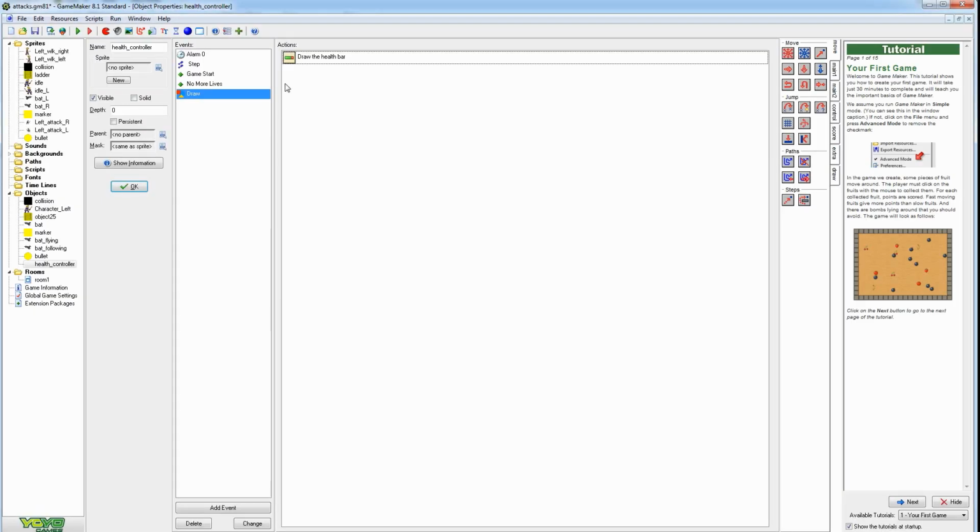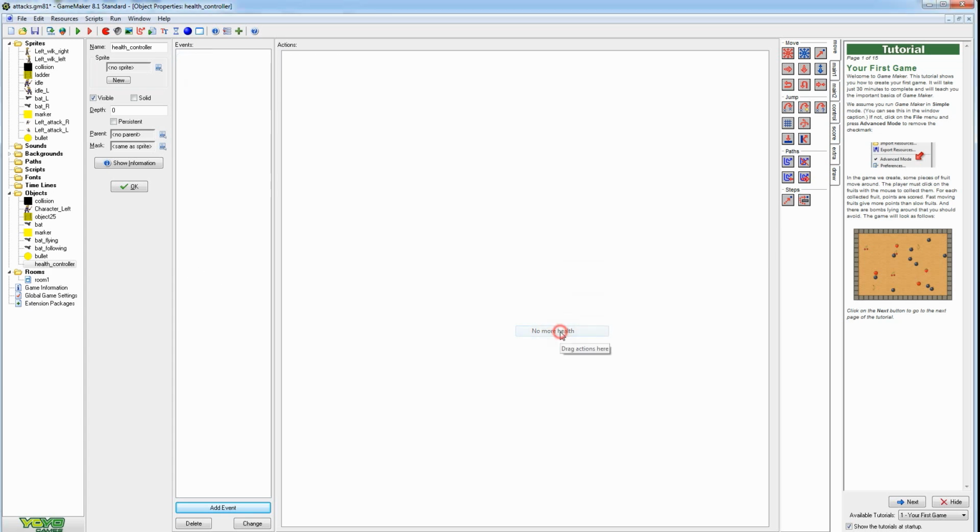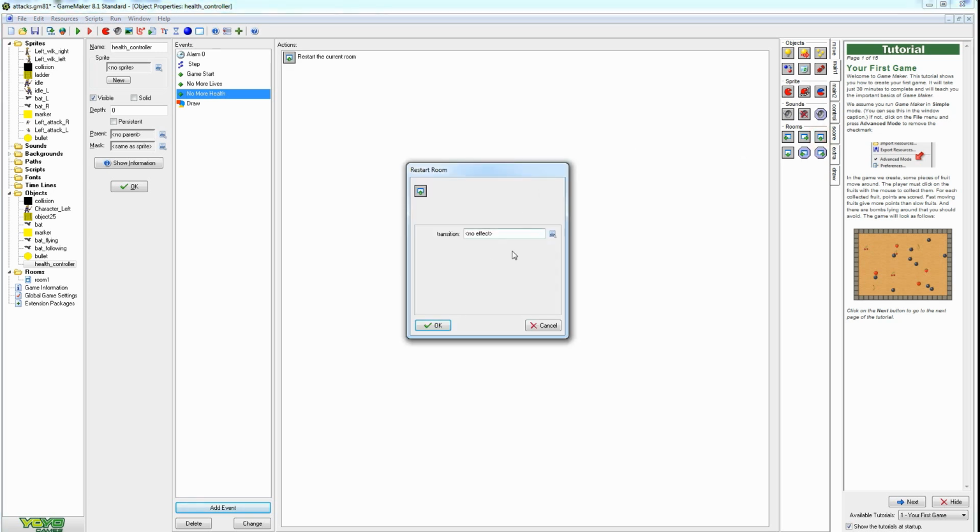So we need to set what happens when he has no health. So we're going to go add event, other, and this is on the health controller. So what happens when he has no more health? At no more health, we could either do, let's say, restart room if we wanted to, just restart the room, or we can minus a life, or we could do both, minus a life and restart the room. So I'm going to say restart the room,